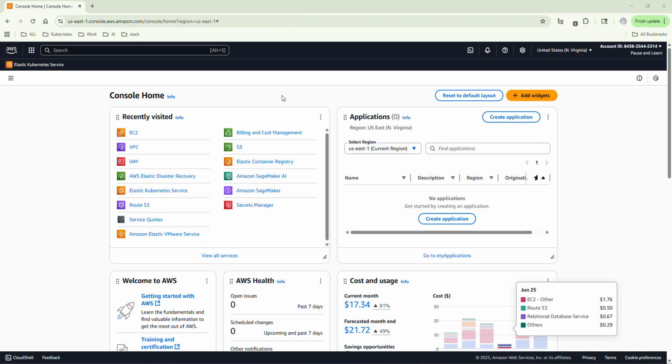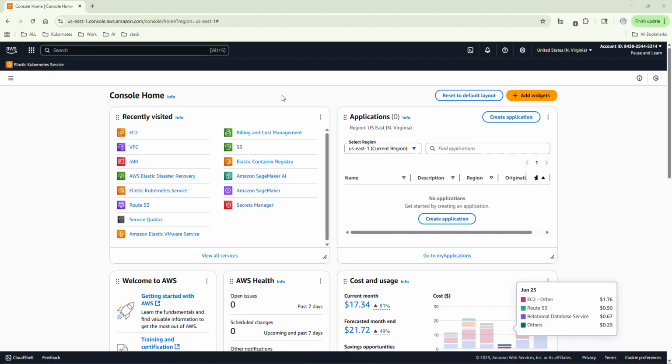Hi everyone. In this video, I'm going to show you how to access an application running on your self-hosted private Kubernetes cluster without using any form of VPN or tunneling, right? So earlier on, we set up a self-hosted Kubernetes cluster, and I'm going to be doing this demo on that